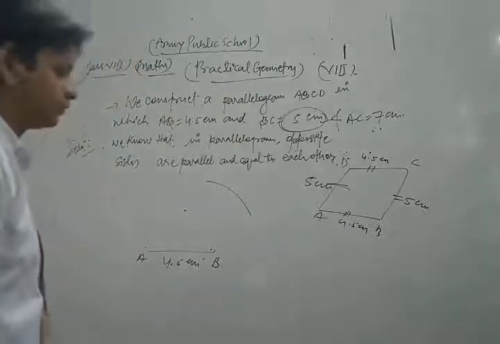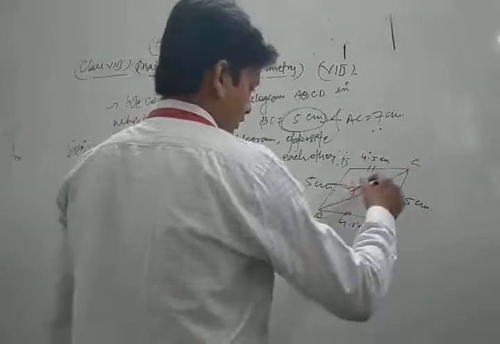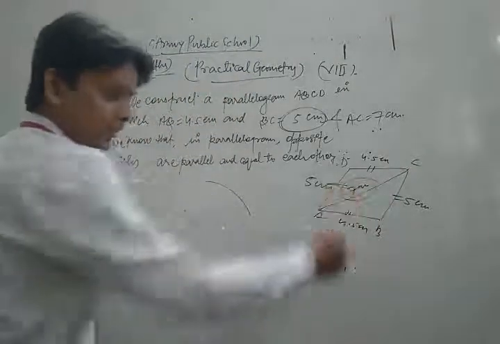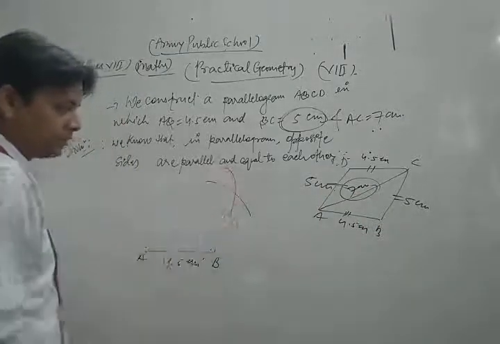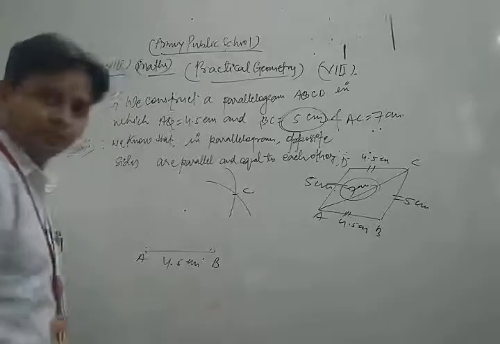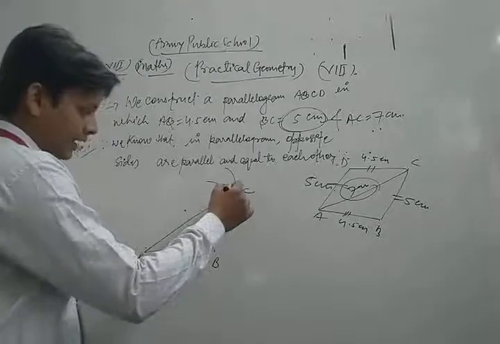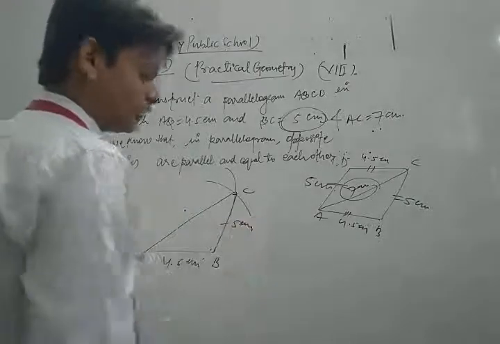Okay, now here this is AC, 7 centimeter. Now what I do? Taking A as center and distance equal to 7 centimeter, cut an arc which cuts the previous arc at point, suppose that C, and we just join AC and BC respectively, which is equal to 5 centimeter, dear students.